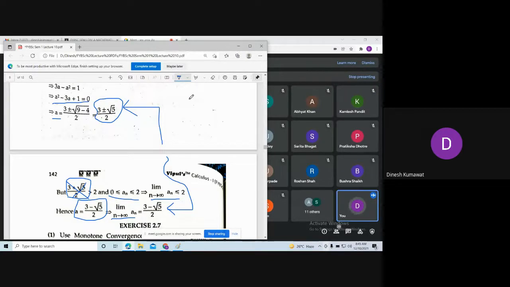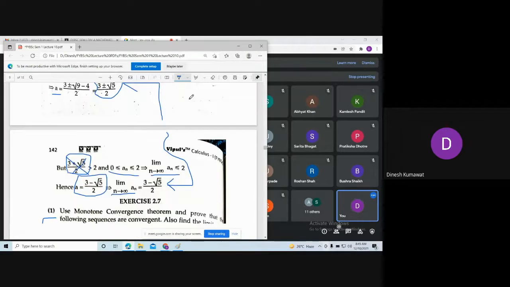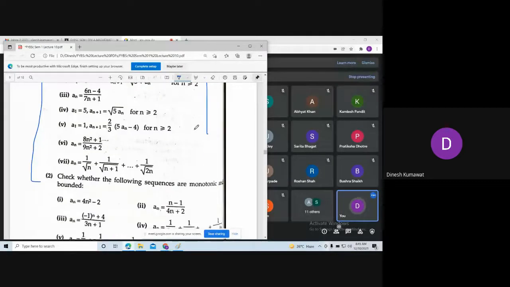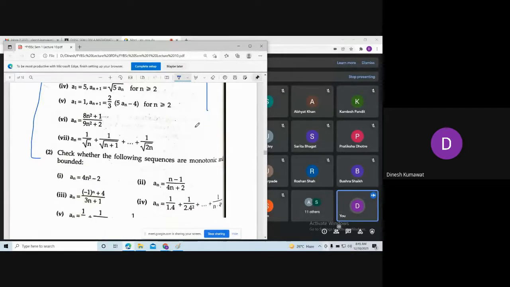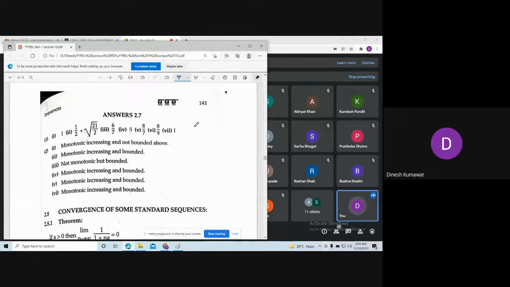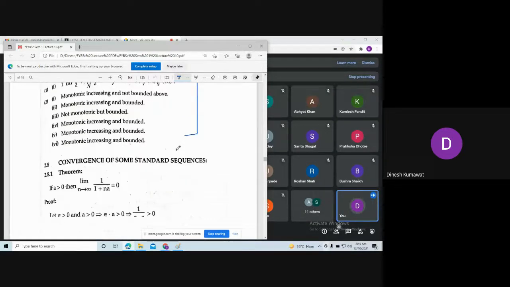Okay, so let me stop it here. These are some exercises for your homework. Please try to solve at least two from each exercise. If you don't, then I will give this as homework, or I will give this question in your practicals, and then you need to solve it. Okay, so let me stop it here.